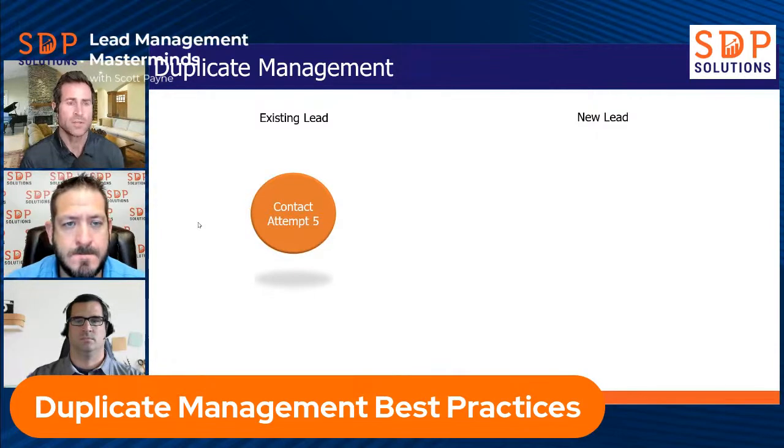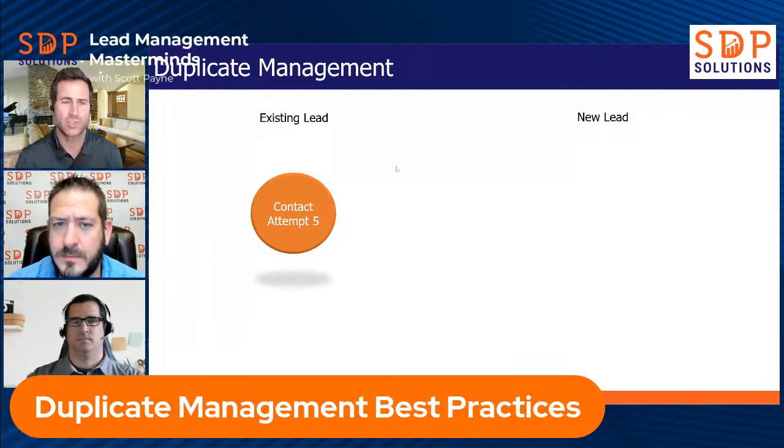Okay. So let's go through. We've got a PowerPoint here that just has a good graphical representation of what we're talking about. And I'll be pausing in between. Mike's going to chime in along the way. So when we're thinking about duplicate management, again, these are just basic different options that the Velocify system has. We're always going to be talking about an existing lead and then a new lead coming in and what you want to do with that.